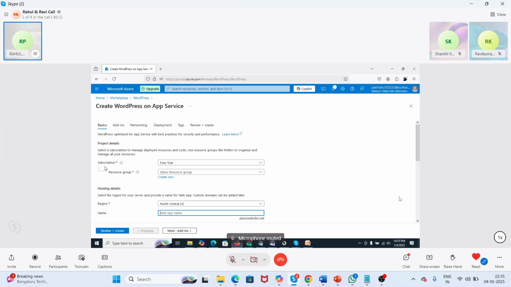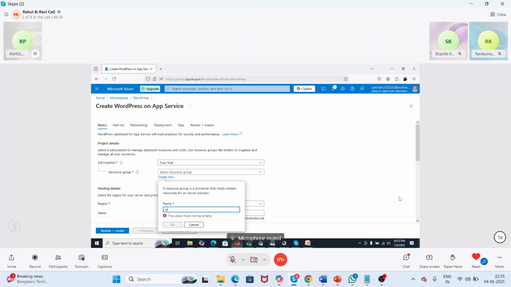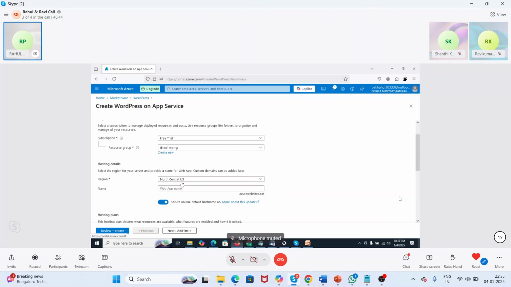Here is the subscription, and now I give a resource group name. I create one new resource group, and I have to select the region for this.